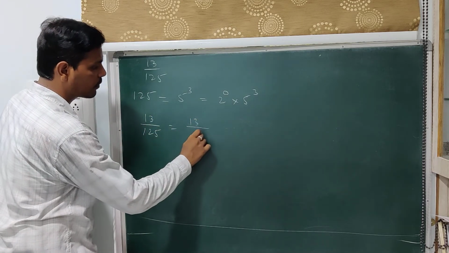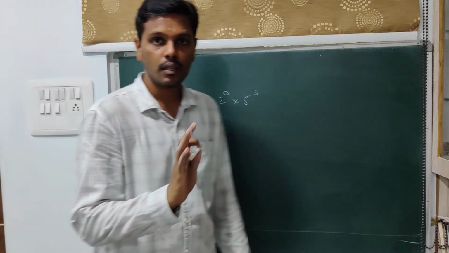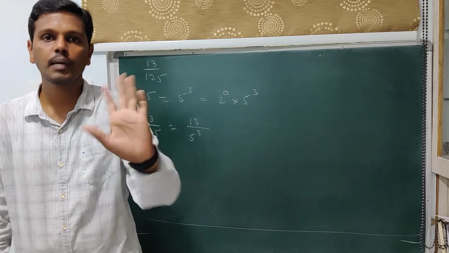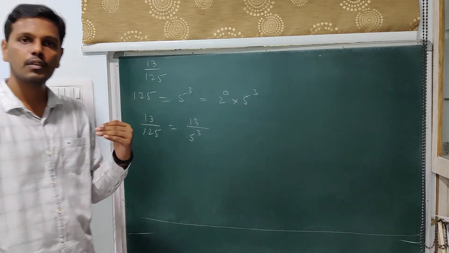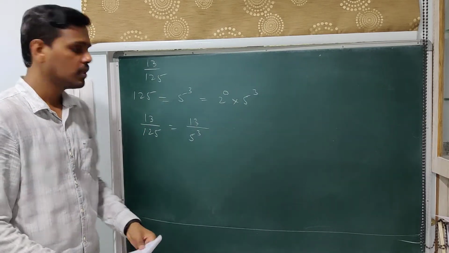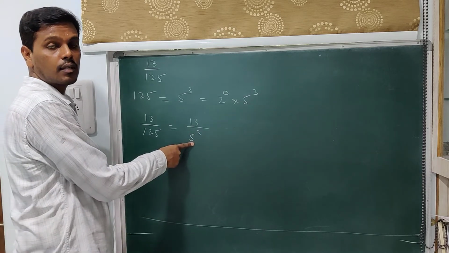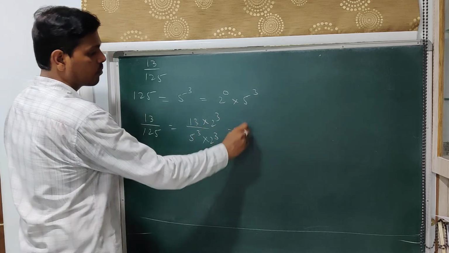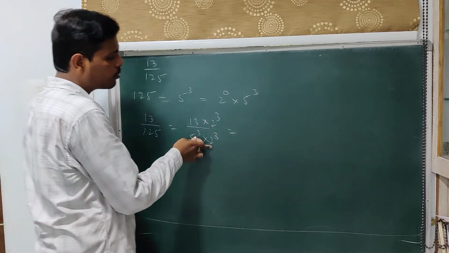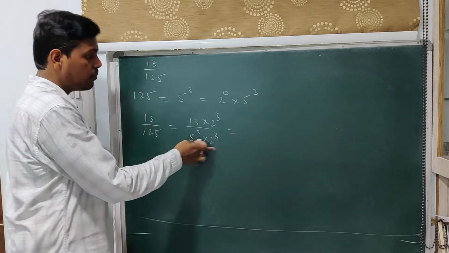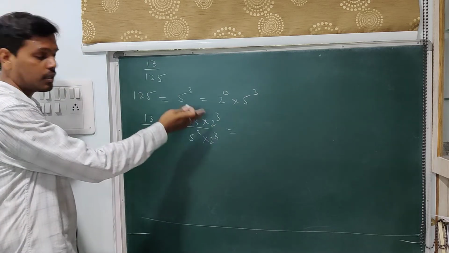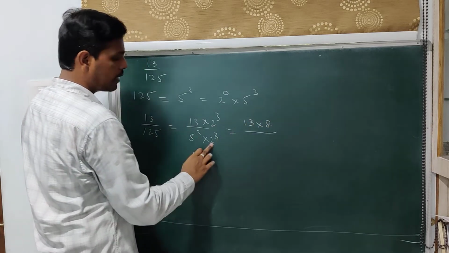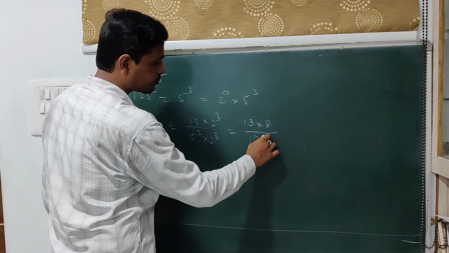13 by 5 cube. Now the aim here is you have to equate the number of 2's with number of 5's. If there are some deficiencies, you try to compensate. So here you have 5's. There are 3 2's deficient. So put 3 2's here. So the number of 2's you are taking over here, the same number of 2's should be taken on the numerator so that the equation holds. So this is 13 into 2 cube is 8, 5 2's are 10, 10 cube is 1000.